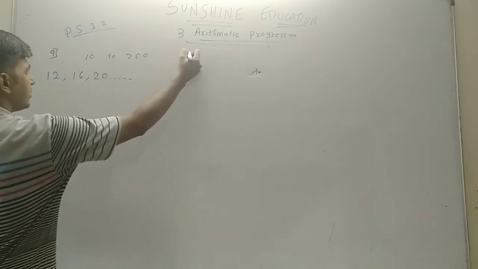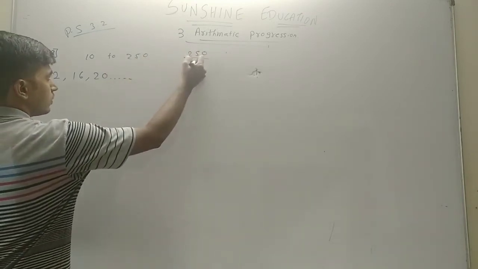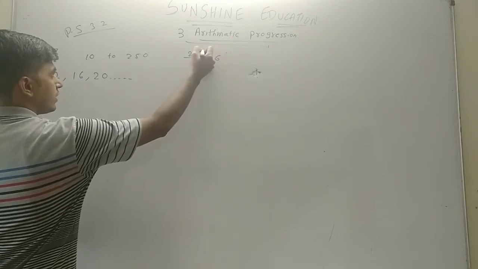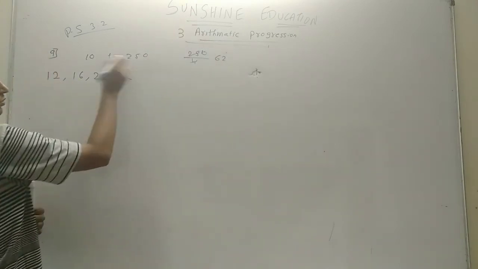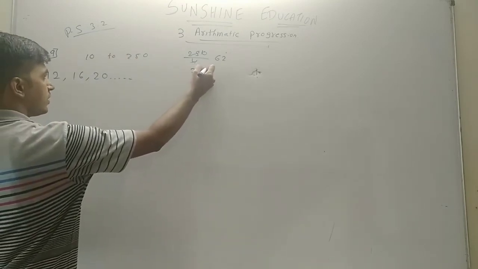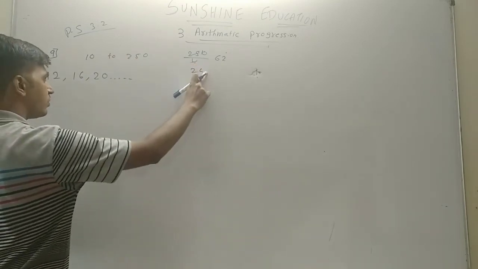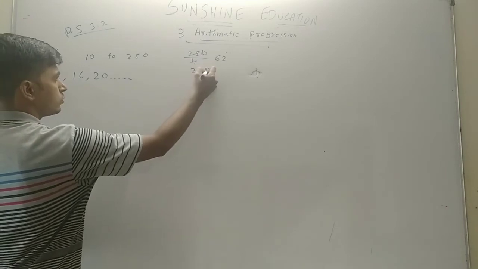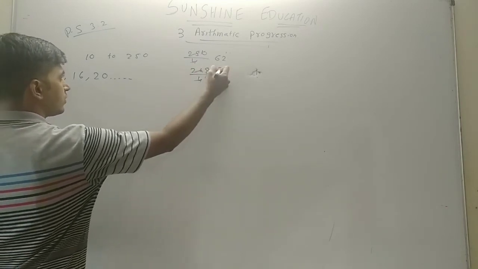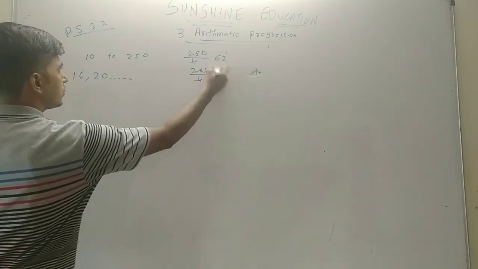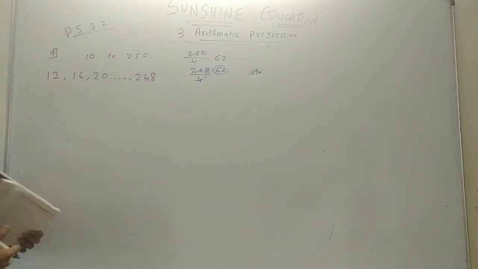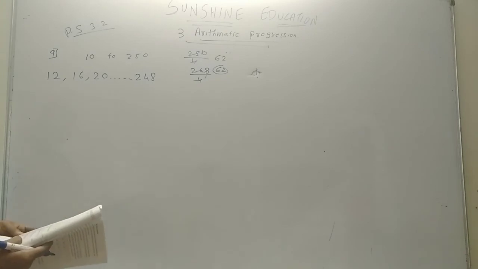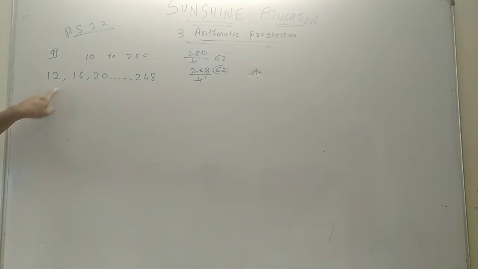So we can just check it out. 4 6s are 24, we have 1 carry, 4 2s are 8, so it is not divisible. So we'll just take one number. So 249 is impossible because it is odd number. So 248, so 4 6s are 24, 4 2s are 8. So 62 is completely divisible, so I will write 248. Now the question is, how many numbers? So this is the first, this is the second, this is the third.